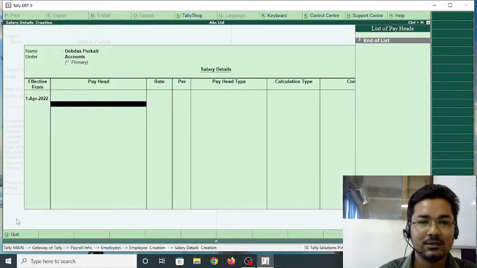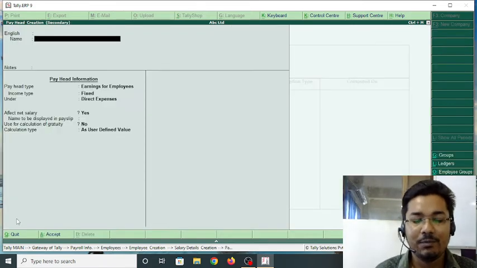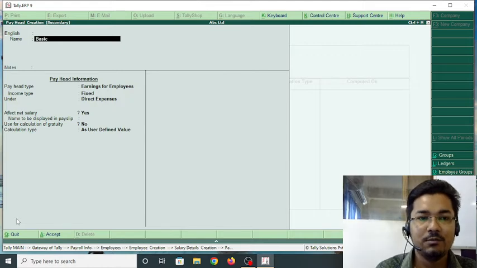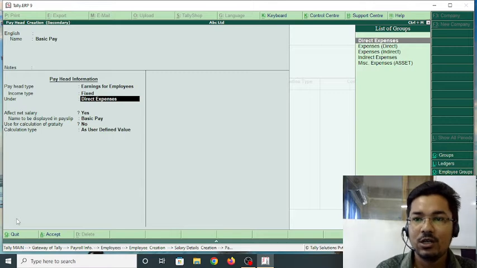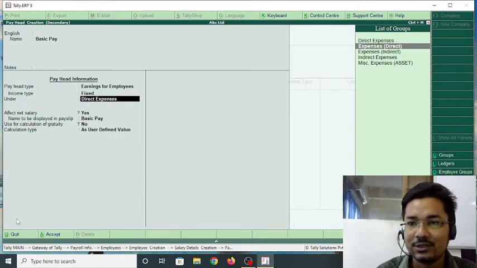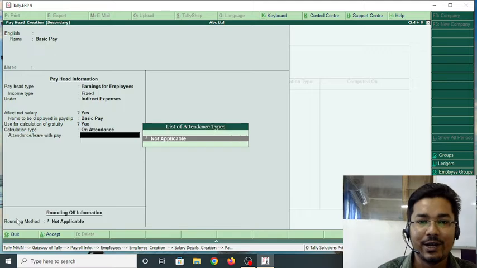Define salary details. It will be yes, and then in the option pay head, press Alt C to create a pay head. The first pay head name is basic pay, and this is earnings for employee, fixed, direct expenses, not indirect expenses. Yes, display name in payslip is basic pay. Gratuity will be yes, and it is on attendance.